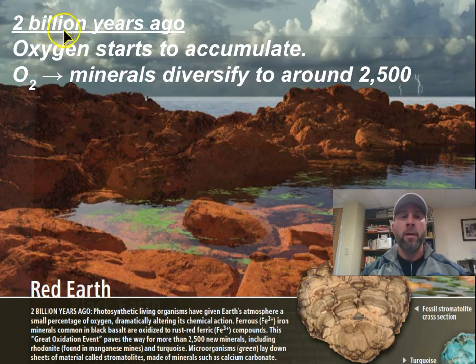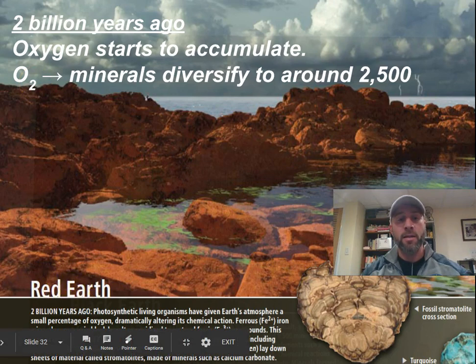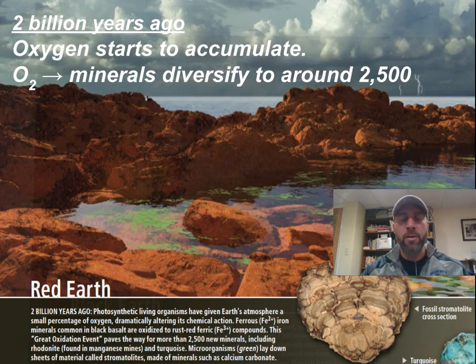Now, about 2 billion years ago, oxygen starts to accumulate in our atmosphere, right? So it starts to build up. And what that started to do, it started to rust everything, okay? So we see what, at this point, scientists call red Earth. It's this layer on Earth where all of a sudden all of the stuff that had iron in it, all these rocks and whatever, started to rust because they started to get oxidized with the oxygen that's in the atmosphere. So we can see that layer on Earth when that really occurs.